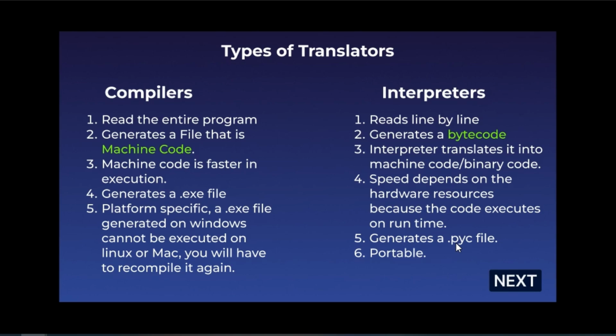So you remember how we create a Python file and it has a .py format? When you run a compiler, it generates a file which is called a bytecode, and it's in the format of .pyc. Okay, and it's portable. The reason why it's portable is that you can migrate that file, you can send that file to anybody and run it in any other computer as long as that computer has a Python compiler.